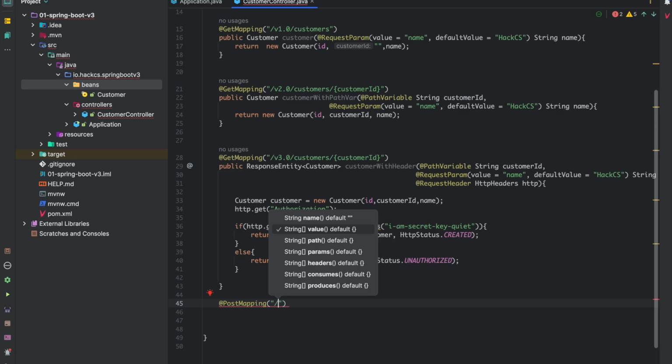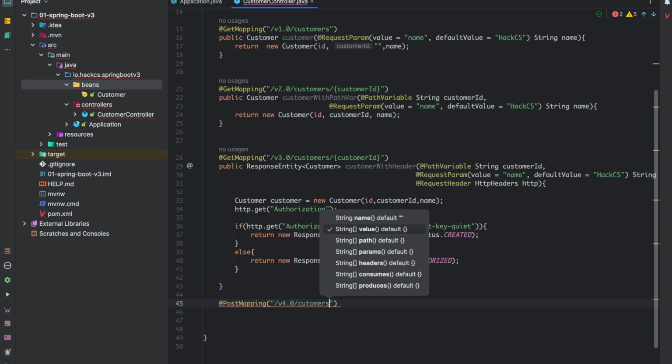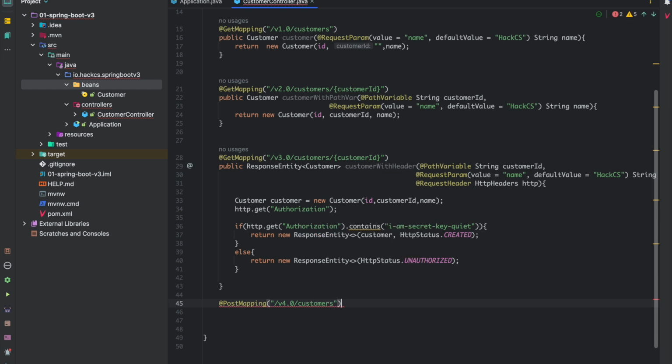Now we just have to enable PostMapping. We just create @PostMapping, and then we will define our endpoint. We can define it as version 4, followed by customers. Now what we are going to do is create our method, but before that we need